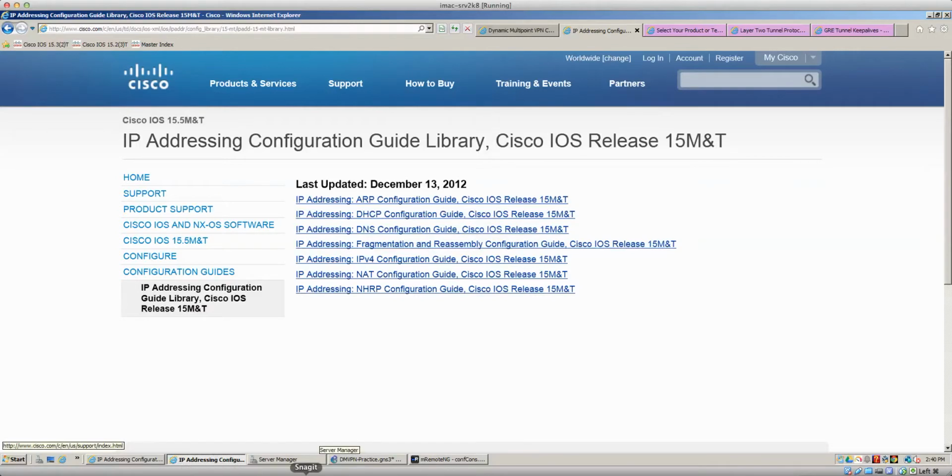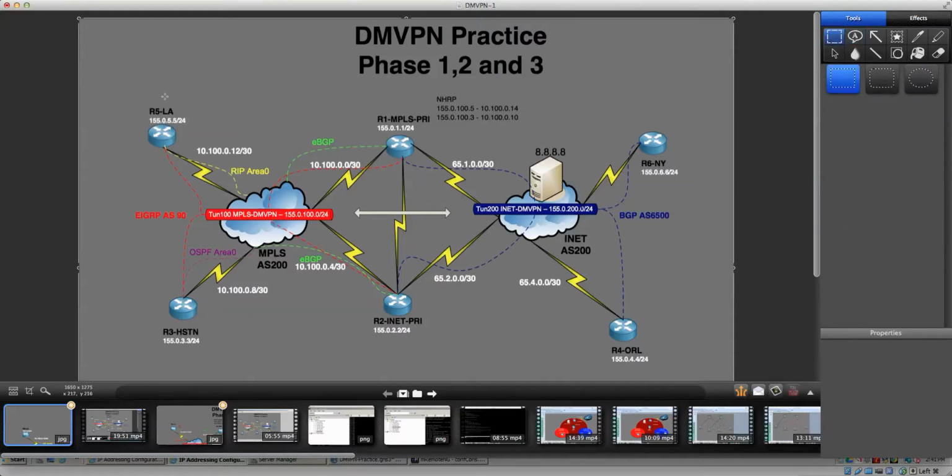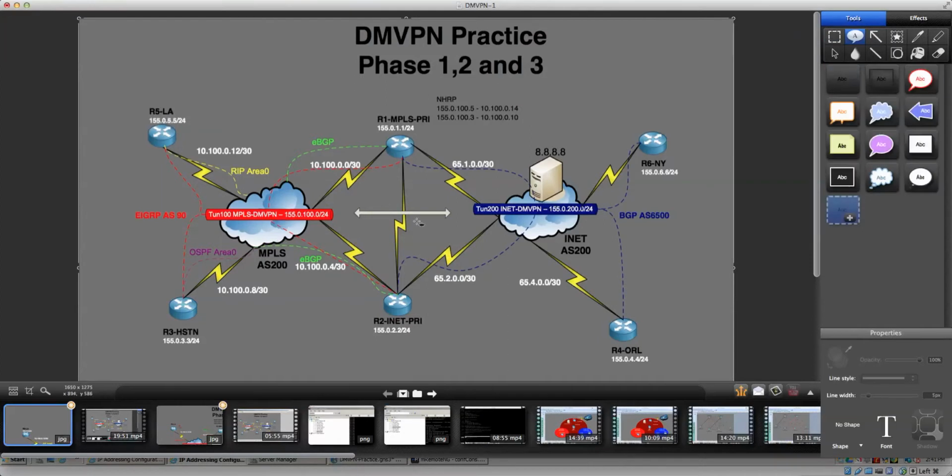Now, before we go into the actual configuration in the next video, I do want to go over the topology first, just to show you exactly what I'm doing and what the underlay and what the overlay is going to be for the DMVPN network. In this particular topology, we're just going to focus on routers 1, 3, and 5. I was going to do it with dual NHS, but just for the sake of time, when we get into the configuration, routers 5, 1, and 3 will be part of the same DMVPN network,